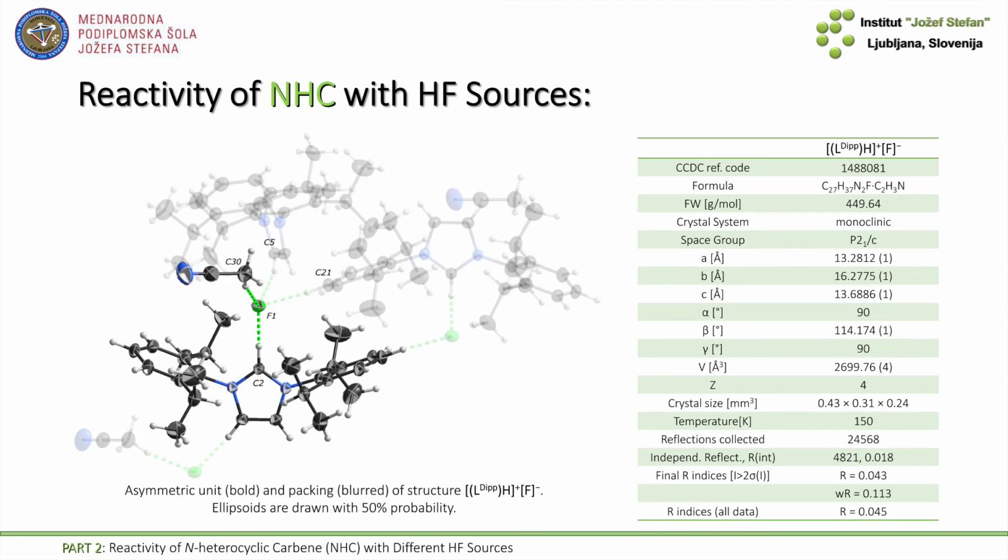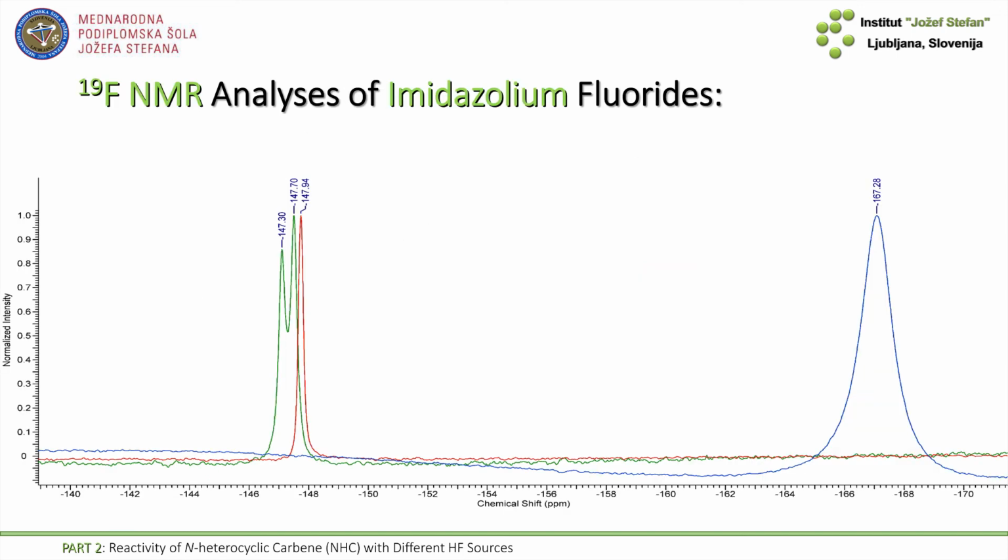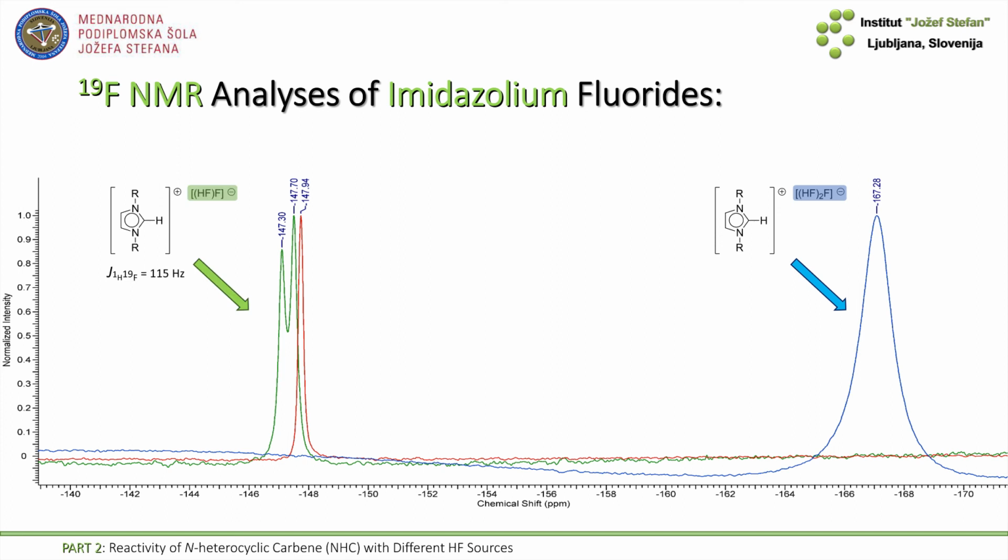And here we can see our fluoride anion loosely stabilized by 4 hydrogen bonds in a crystal structure. But the interesting thing starts to happen not in crystal structure but in solution. That's why I would like to show you superimposed spectra of all three anions. On the far right, we get dihydrogen 3 fluoride. On the opposite scale, we get a characteristic doublet signal for bifluoride anion, and almost at the same chemical shift, we get a singlet peak for imidazolium fluoride.